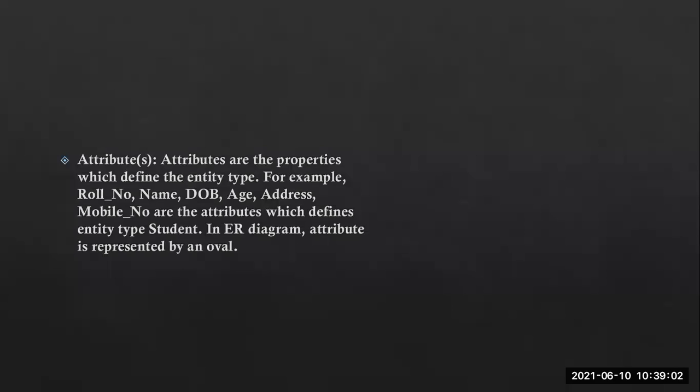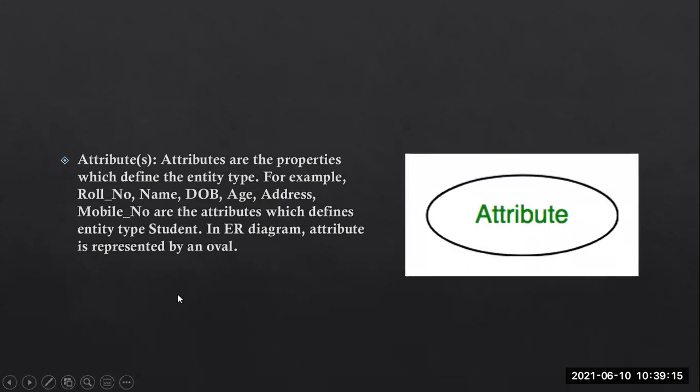If you think about the university, university name, university number, address, that is also the attributes for the university. In the ER diagram, attribute is represented by an oval. See, here you have to give the term, name, roll number. You are supposed to provide here. So attribute is represented by the oval. Entity type is represented by the rectangle. An entity set is not going to be mentioned that much. Okay, so be cool here. Only attribute and entity type are going to be the main part of your ER diagram.